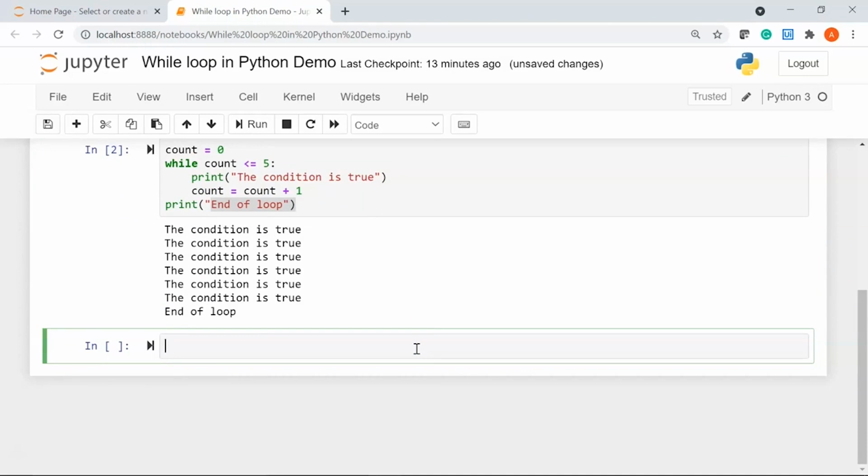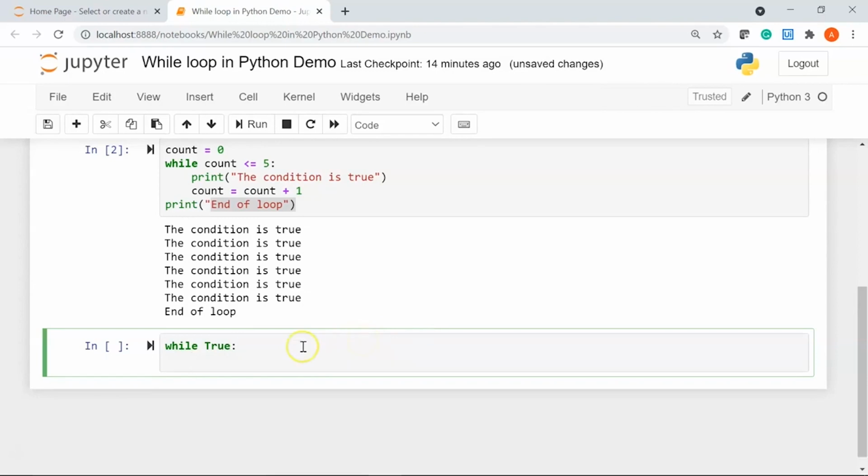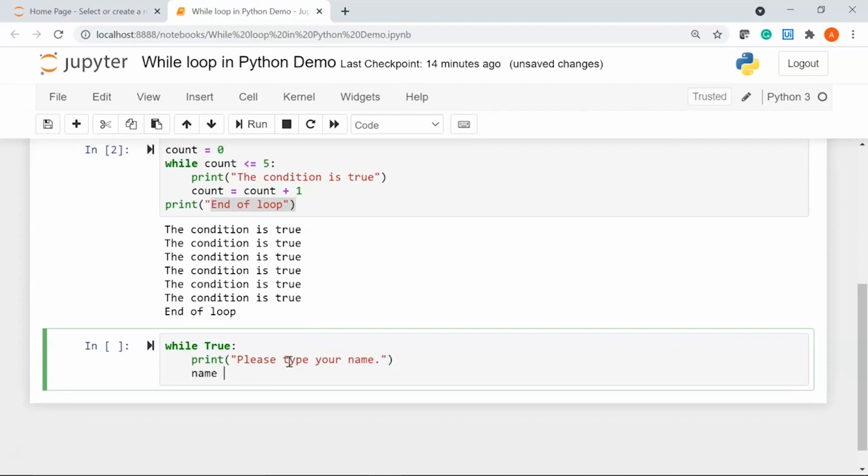you can also use the break statement in a while loop. Let me show you how to do it. I'll say while true. So I am declaring my while loop to be true, and I'll say please type your name, and I'm going to take my name as input from the user.